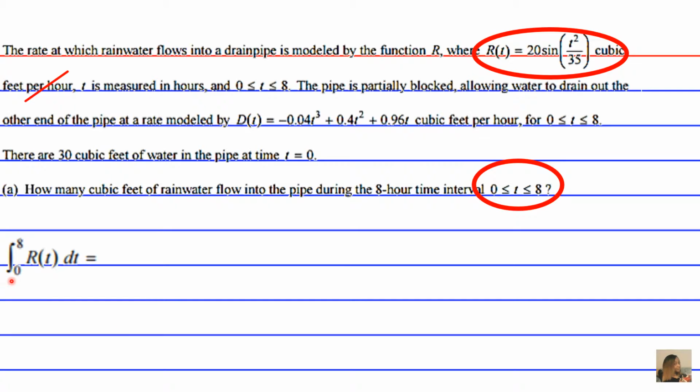So we need to take the definite integral between our limits of integration between 0 hours and 8 hours. So we're doing the definite integral of r of t dt, and the reason why we write dt is because we're integrating with respect to time, which is t or hours, and whatever you're integrating with respect to, that's the dimension that you're going to get rid of. So we're getting rid of the t